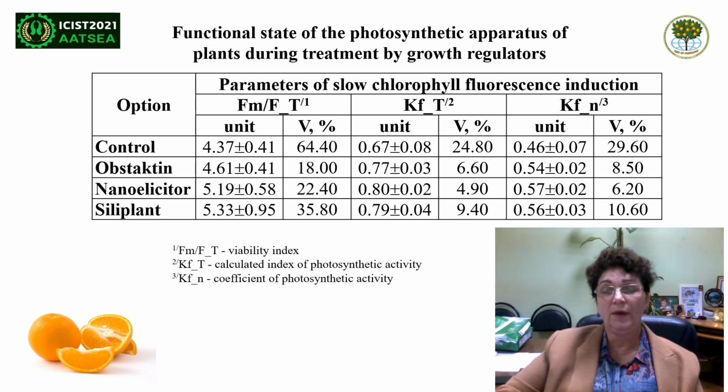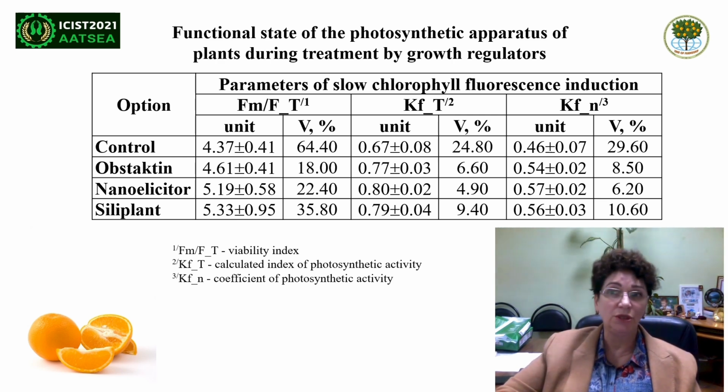We will define the main parameters of chlorophyll fluorescence. These parameters allow us to assess the functional state of the plant's photosynthetic apparatus. Changes in the fluorescence directly or indirectly relate to all stages of the light phase of the